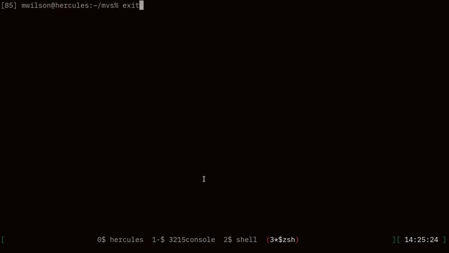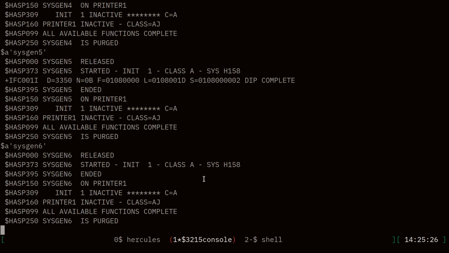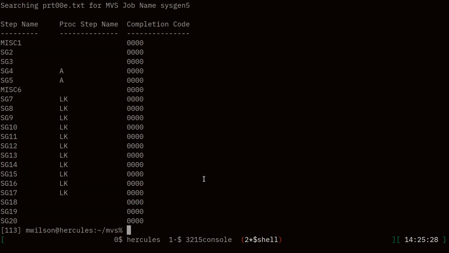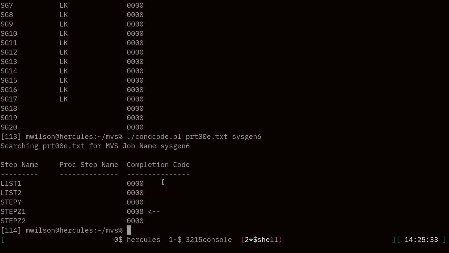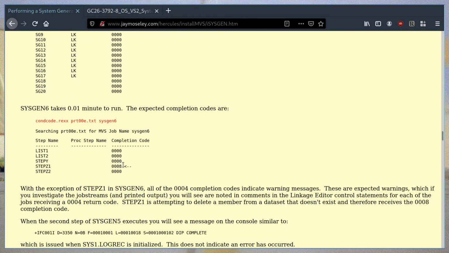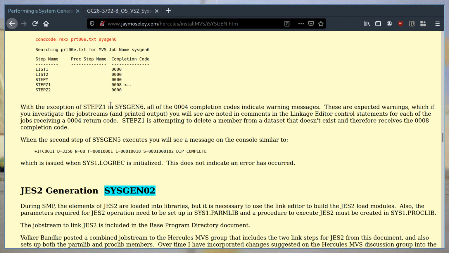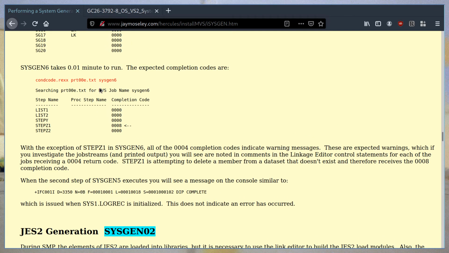Check the completion codes. Oops, that was not the key I wanted to hit. Control A2. SISGen6. Looks like we have 0s, and step Z1 we have an 8. So we'll confirm that that's expected. Yep, so that's fine. And here's an explanation of why we have that. Here's that note that that console message is expected. And so that is our